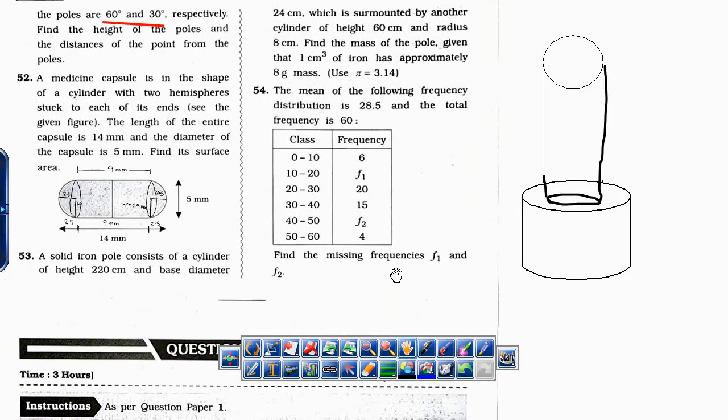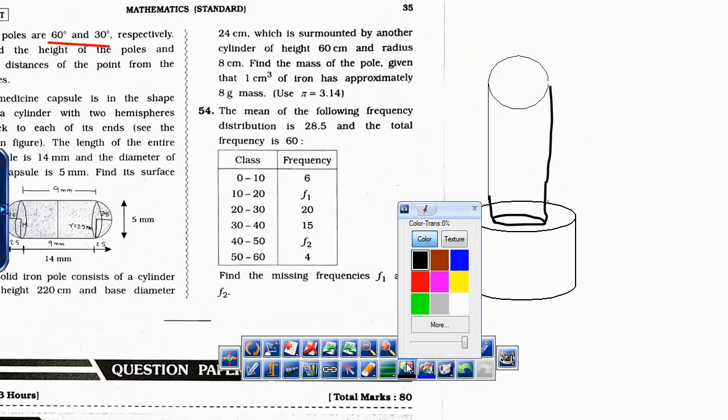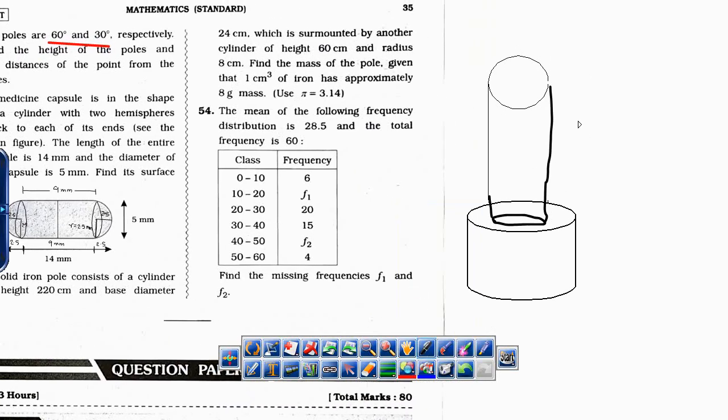Solid iron pole consists of cylinder of height 220, diameter 24, radius 12, which is surmounted by another cylinder of height 60. Surmounted मतलब उसके ऊपर. So instead of all this,